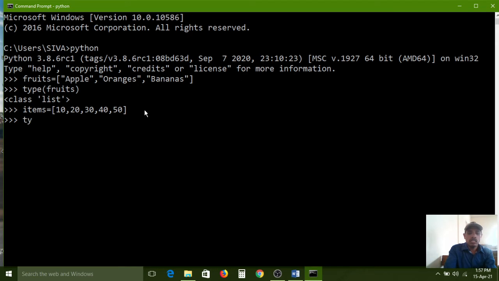If you want to know the type of items, then you can use the inbuilt function type. In between the parenthesis brackets, you have to pass the items variable. Now I am pressing enter key. It will show the output for us, and it is also a list type.